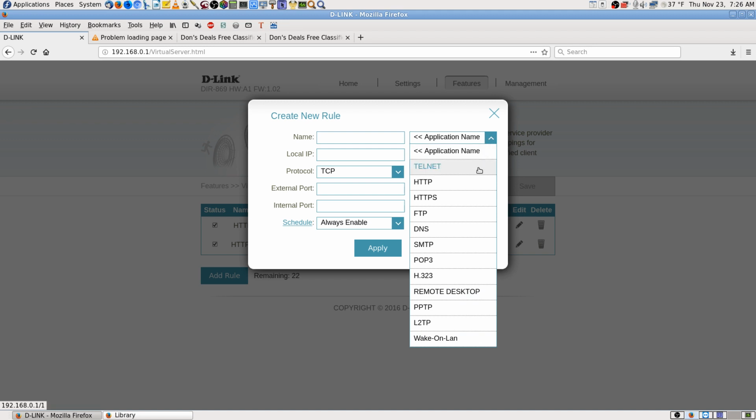Application name, you get to select. That's actually made it simpler in this case. But I select HTTPS. I don't think I actually have any secure, but a lot of browsers these days don't want to even go anywhere unless it says HTTPS. So I thought, well, I'll go ahead and